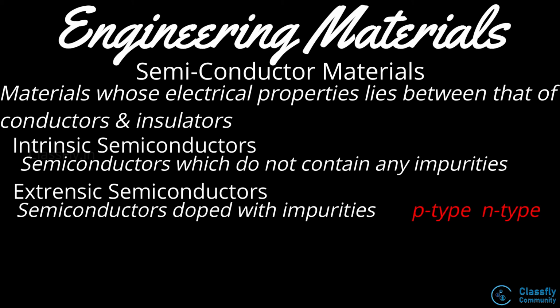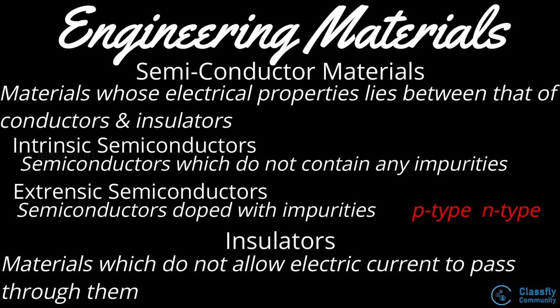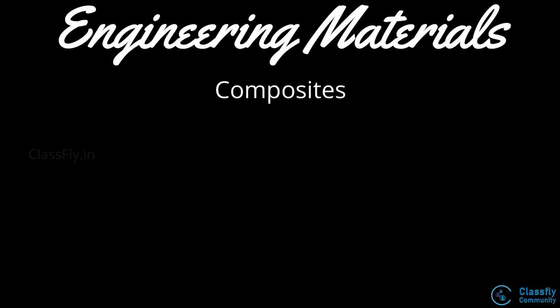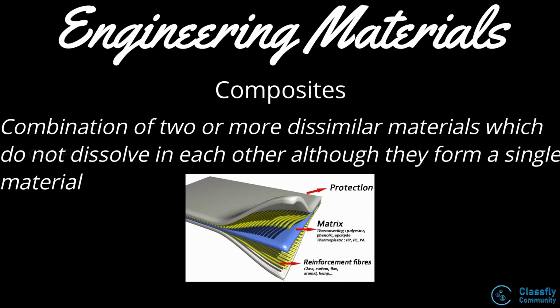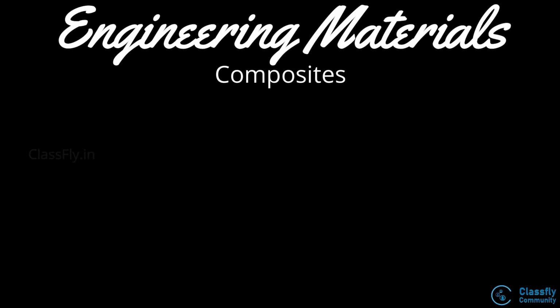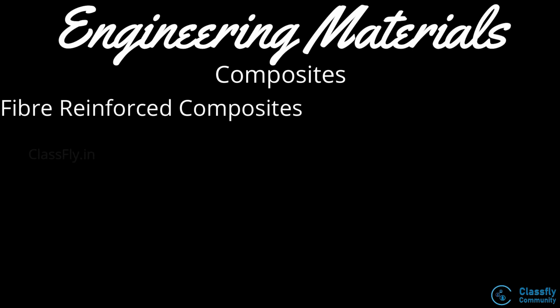Then we also studied about insulators, which are the materials which do not allow electric current to pass through them. Then we studied about composites. Well, this is a combination of two or more dissimilar materials which do not dissolve in each other, although they form a single material. Then we looked into the classification of the composites into fiber reinforced composites, where the reinforcement